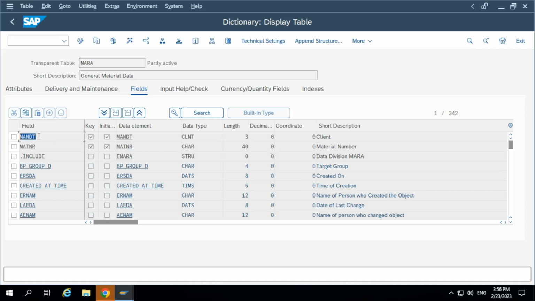No, client doesn't go to business terminology like client or customer. Here the client means it's a logical partition. I told you, right? In the same system, we might have multiple clients. The server is the same, but we might have multiple clients. So we log in with a client number